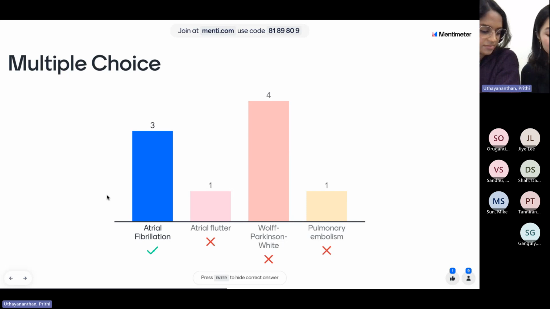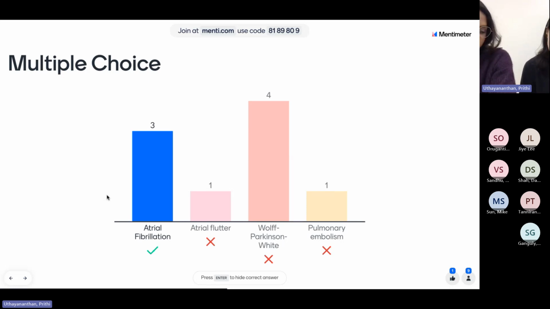You can see that there are no clear P waves and it's irregular. In terms of the other options, atrial flutter has what they call the sawtooth baseline. So it's not just a bunch of squiggles where the P waves would be. It's a rhythmic kind of abnormality. And then Wolff-Parkinson-White would be where there's this slurred upstroke called the